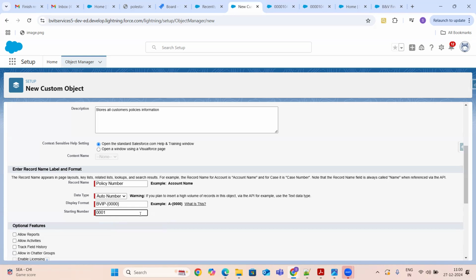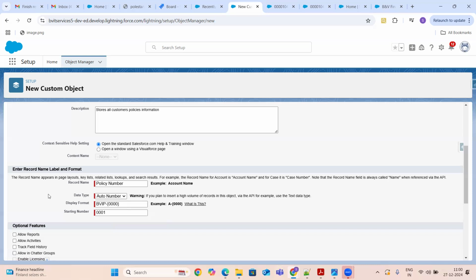This is your first decision you are taking: for each and every record, do I need any unique number? In case you want to have a unique number for the record which is being created, we will select the auto number. No, I don't need any unique numbers. Whatever the customer enters is the unique value. So I just need to provide them the option to enter the data like policy number. Yes, you can go ahead and have the text. For the text fields, you will not get the rest of the two things, guys. They will just enter, and whatever data they enter will get stored in that field.